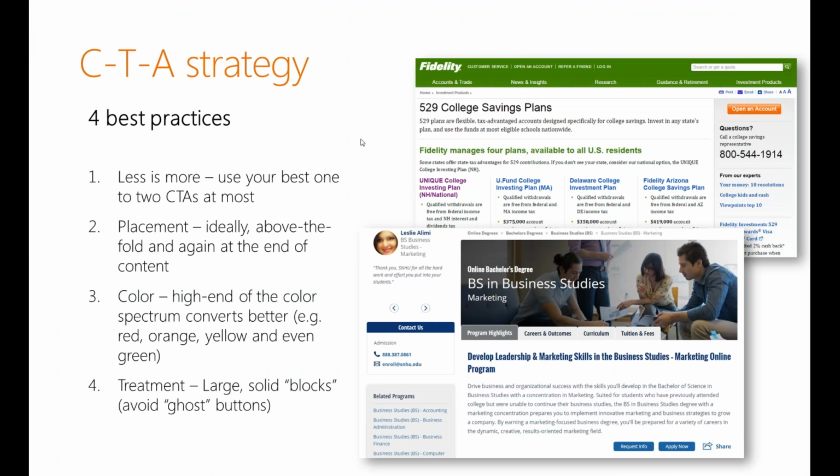Sure, absolutely. So really here are 4 best practices, and we give a couple of examples. One which is obviously financial services, Fidelity Investments, and the other is actually Southern New Hampshire University. And